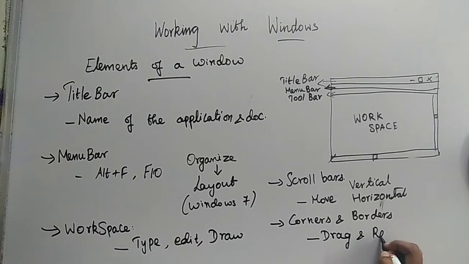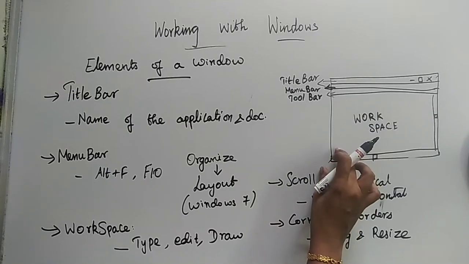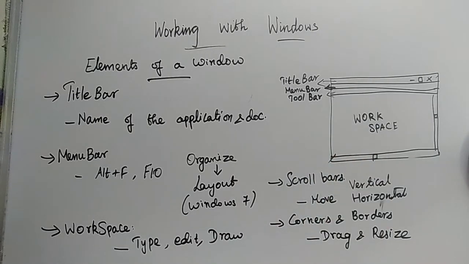Drag and resize the window. For example, now what I have drawn here for you is a small thing. If I want to make this window somewhat big, what can I do? Just by having your mouse pointer near this corner, automatically that mouse pointer will be changed into a double headed arrow. So that arrow will be changed in this direction. When it is double headed, I have to click the mouse continuously and drag up to the size that I need.